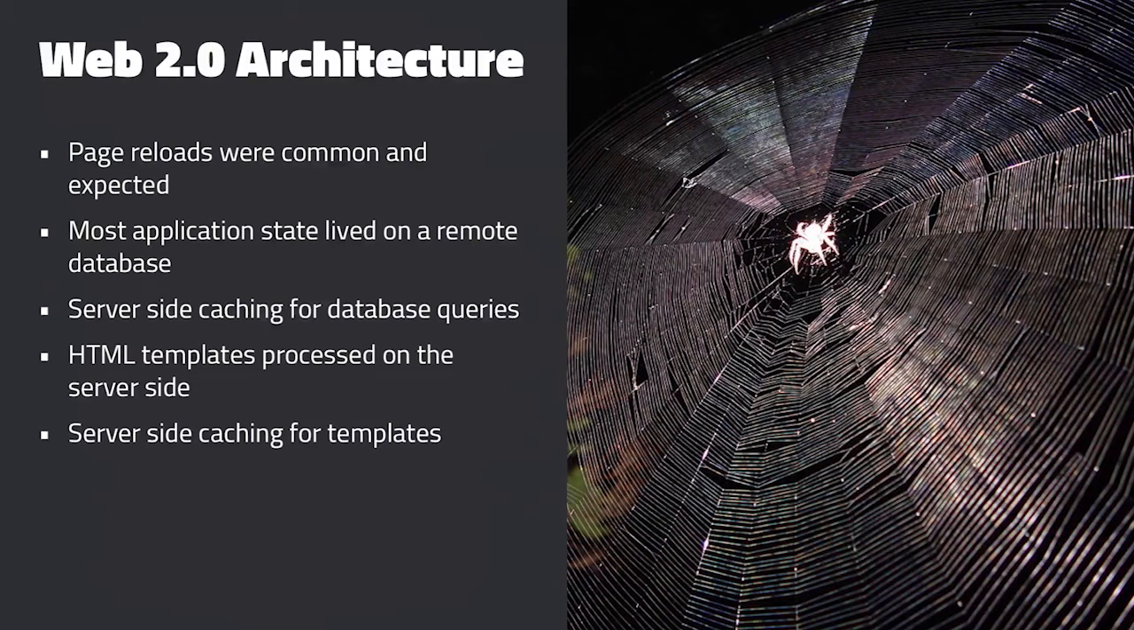caching to reduce database queries, because most of your client state would end up living in a database or living in a caching server somewhere, so that it could be quickly fired back out to the client and reduce the time in between multiple page reloads. And HTML templates, again, were also processed on the server side and then cached so that they could be quickly